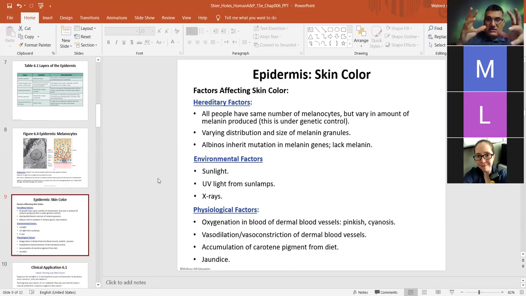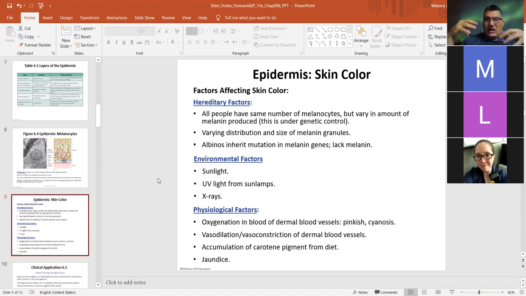But your skin color is a mix of the dark brown of melanin, together with the orange yellow of the carotene, together with the red pinkish of the oxygenated blood. Put all of that together, it will give you your skin color. You might be light colored skin, and another person is light colored and more pinkish than you. Why? It's more oxygenated blood. Some people's color is a little bit yellowish. They have more